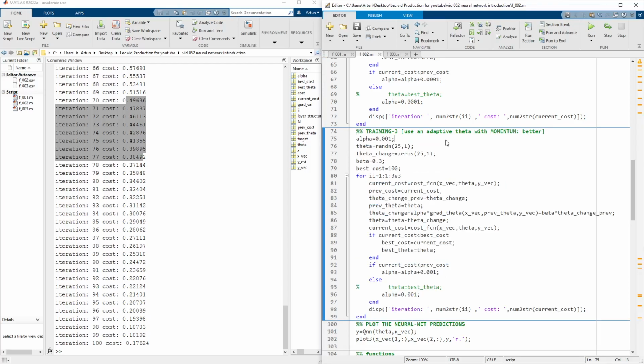And here, I mean, there's a typo, alpha, I didn't mean theta. We are using momentum. What do I mean by momentum? For example, theta values are changing, right? We have 25 theta values, but let's consider only the first entry of that theta vector,